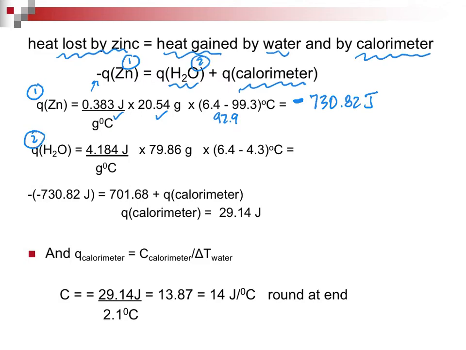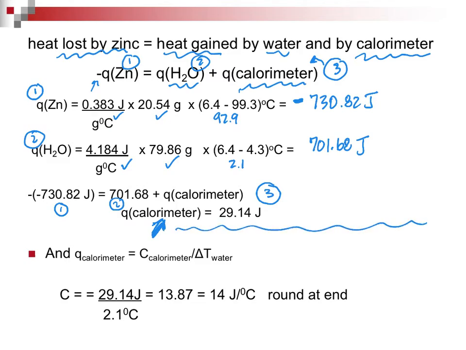We will do the exact same calculation for water. Here we have the water. Our specific heat, our mass, our temperature change of 2.1, it's going to give us 701.68 joules. Having those 2 numbers, we can now, and I hate to call this equation 3, but I shall, and I'm referring to the entire equation. Here we have equation 3 about midway down the slide. We've placed in our calculation from number 1. We've placed in our calculation from number 2. That allows us to find the Q of the calorimeter.